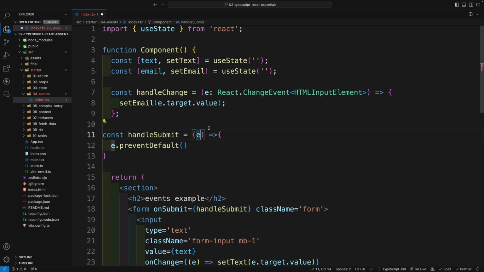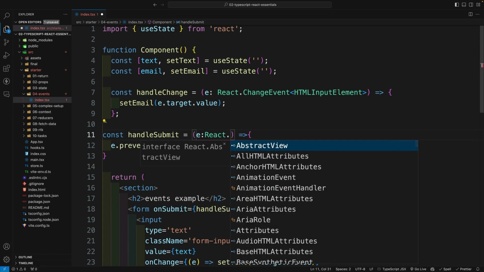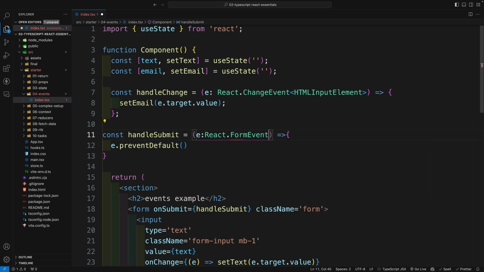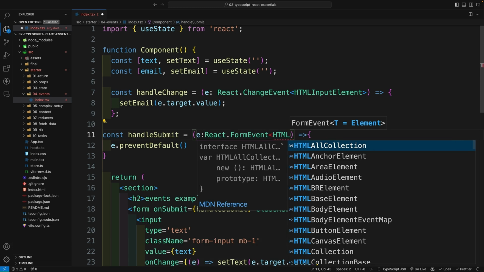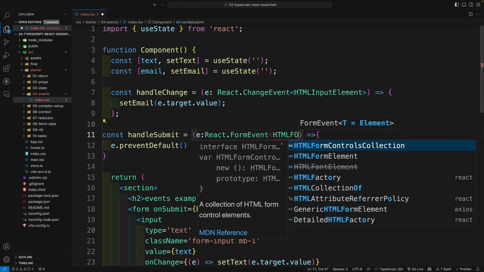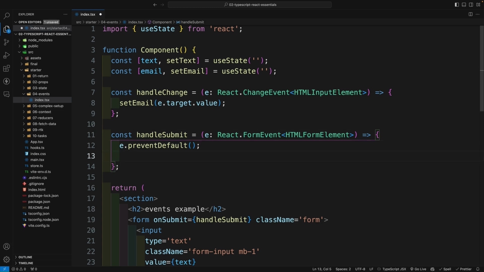So in here where we have the event, we want to go again with React, or we just import this type. Then we're looking for FormEvent. It's a generic, and in here we simply pass in HTMLFormElement. And now we have the correct type. So now we can use all the properties and methods, and TypeScript is going to be happy